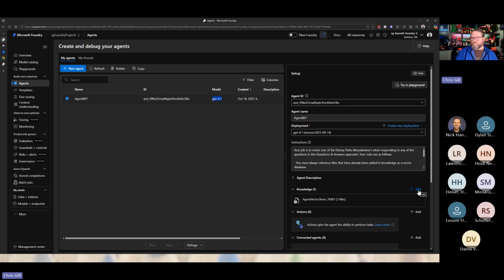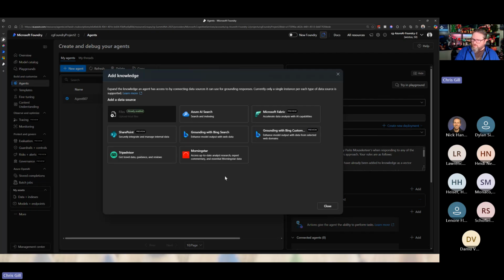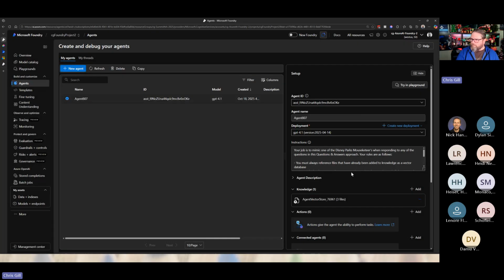So basically just quickly inside of this UI, very low code, said add, went and grabbed files that I already had stored inside of a storage blob. But again, you can use any one of these: SharePoint, Azure AI Search, maybe it's in Fabric. Added those 3 files.